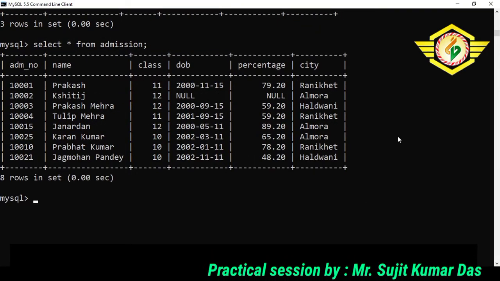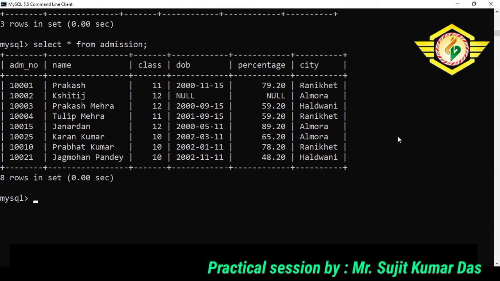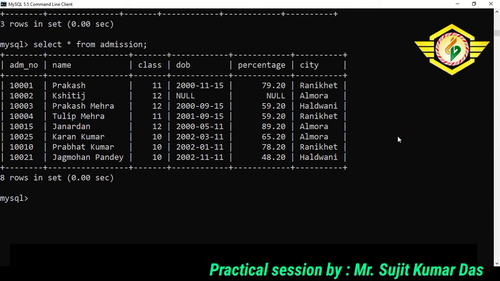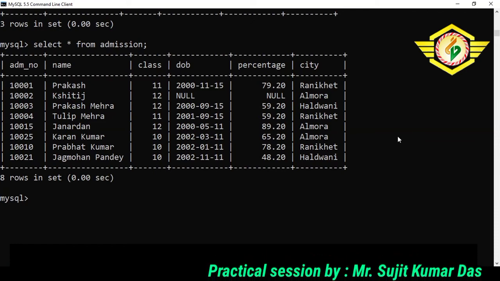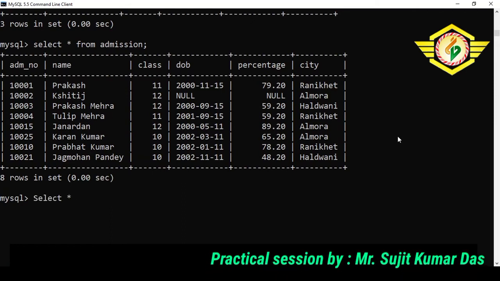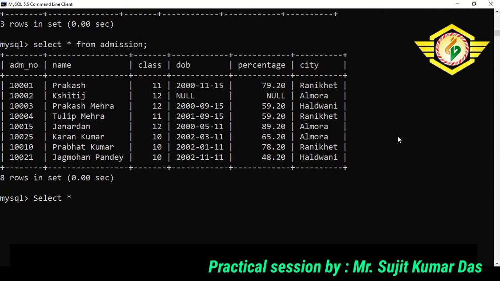Okay, you want to print the details of those students that have the character K in their name. K can be anywhere, at the beginning, at the end, or in between. Select star because you want to print all the details. If I wanted just the name, then I would write select name.